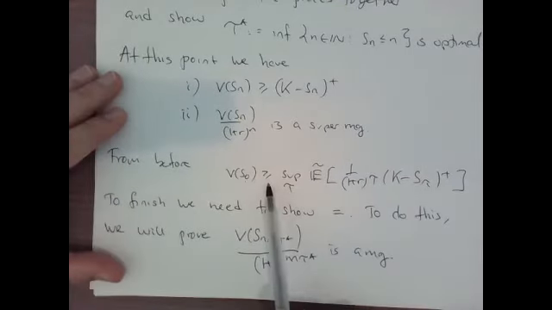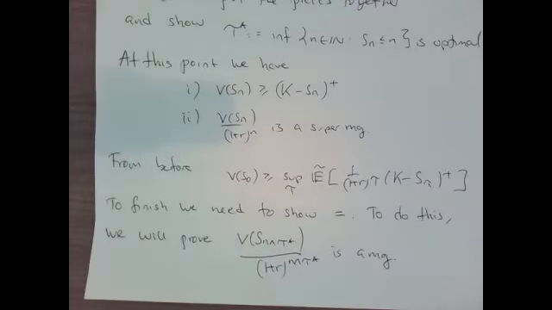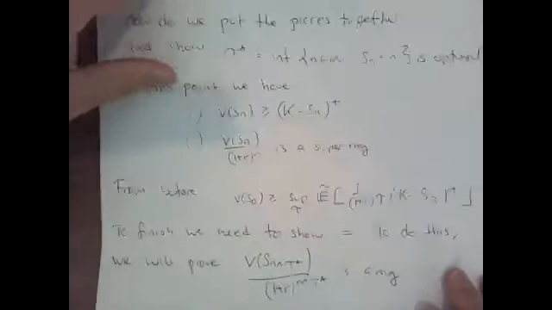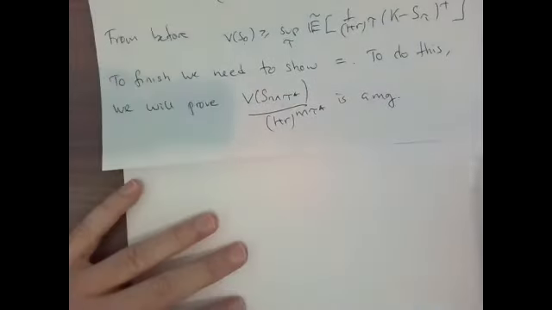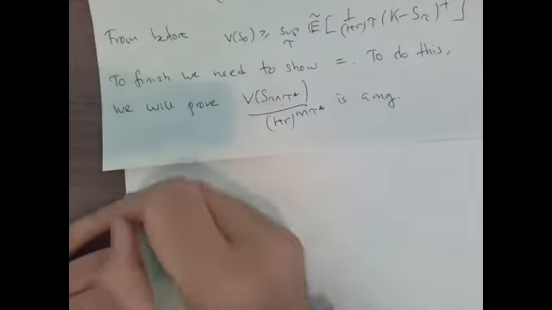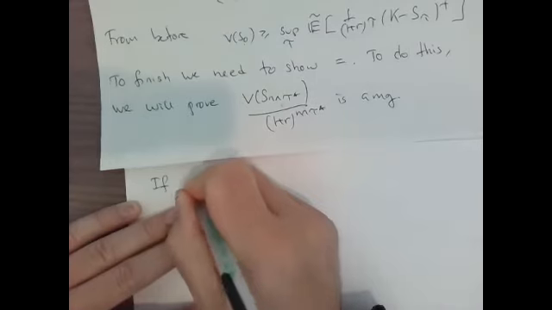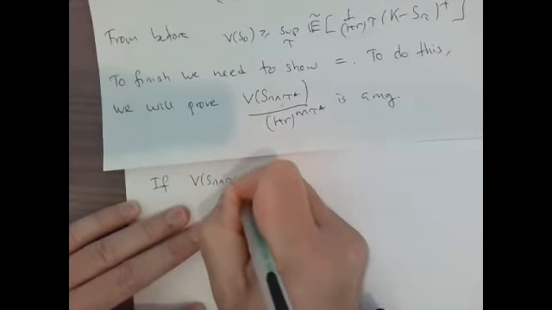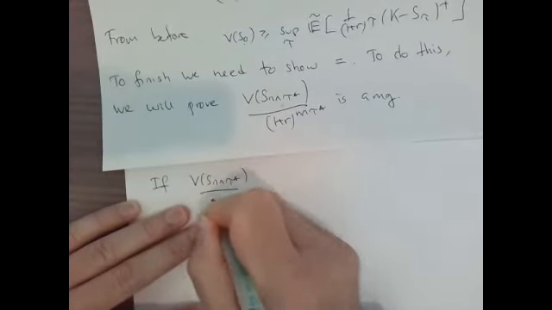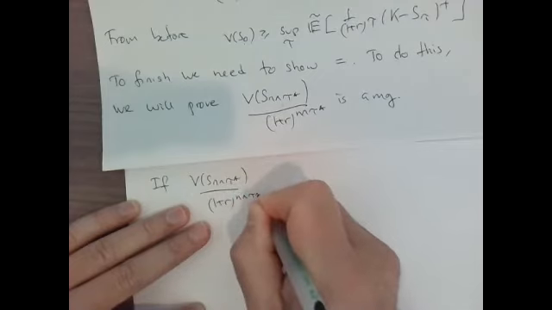So we need to show that we have equality here. And so we will do the upgrade of the supermartingale property to prove a martingale property, and the cost we're paying is that we're going to stop it. And why is that sufficient? Well, if V of S_{n ∧ τ*} is indeed a martingale,